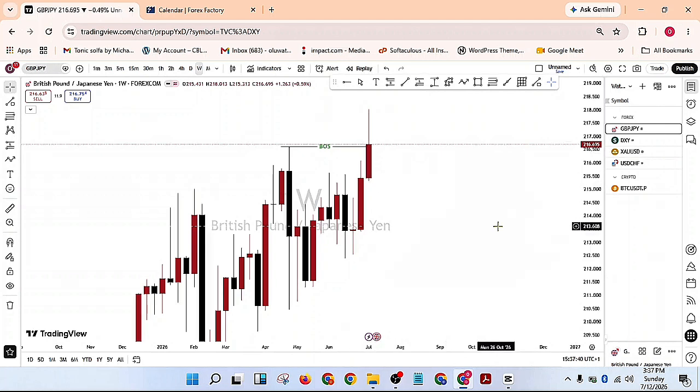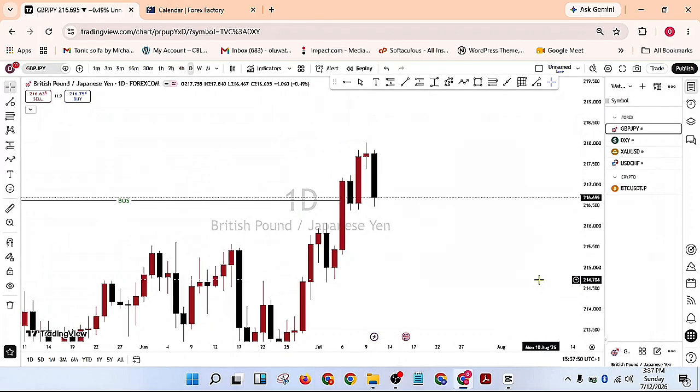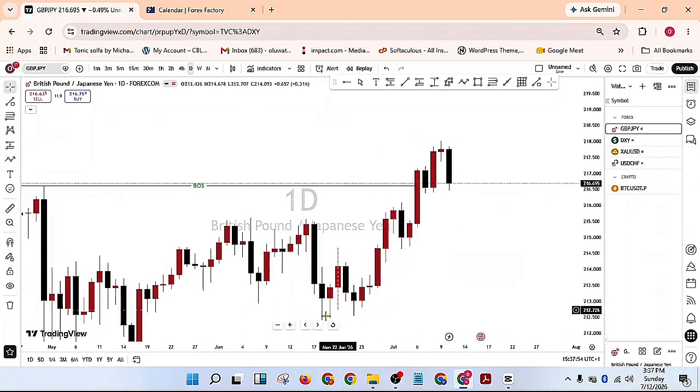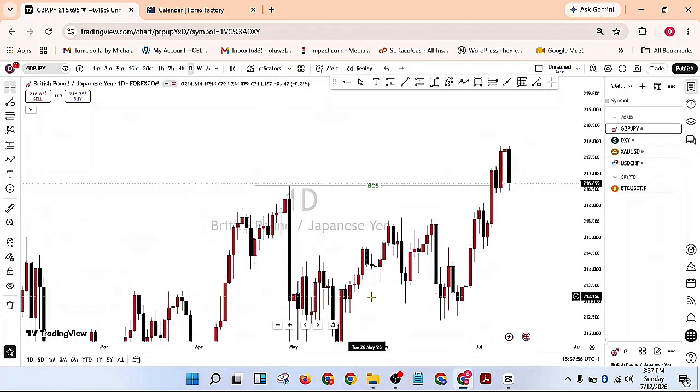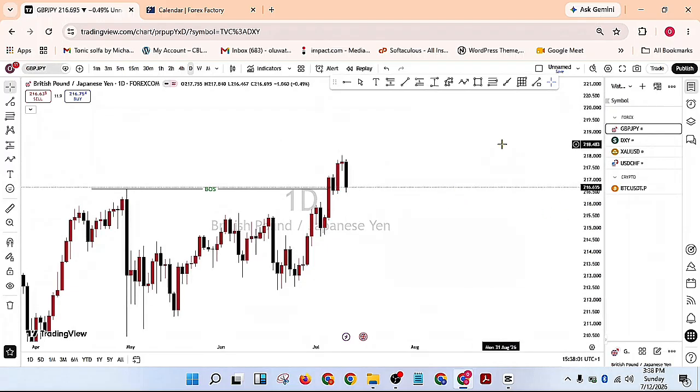I mean, I'm a smart money trader, so now let me go to daily to see. It has already even started trading inward now. You can see they started trading inward. As a matter of fact,